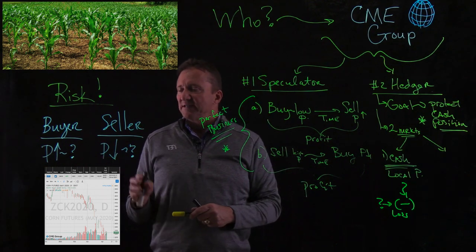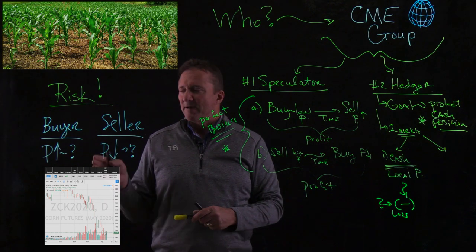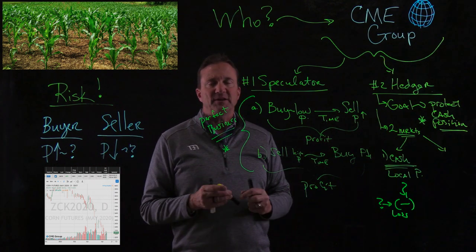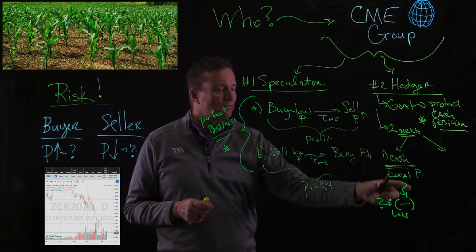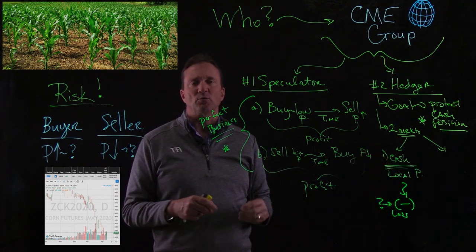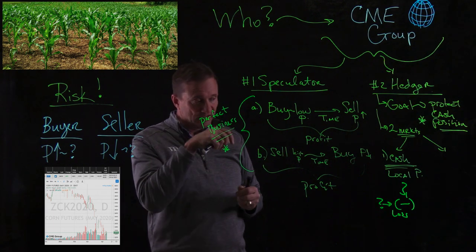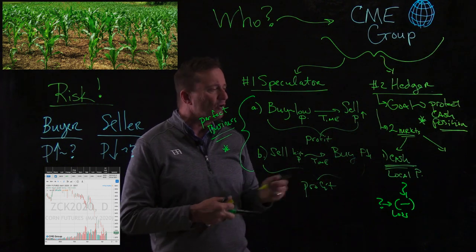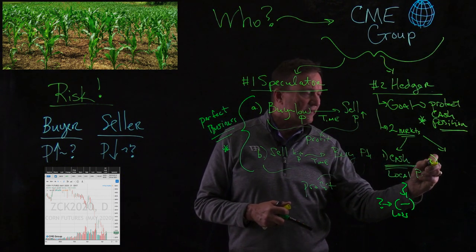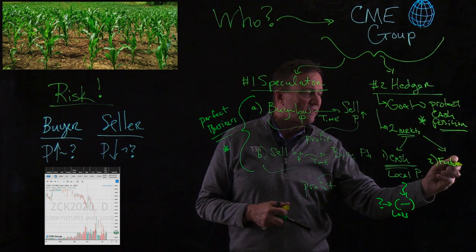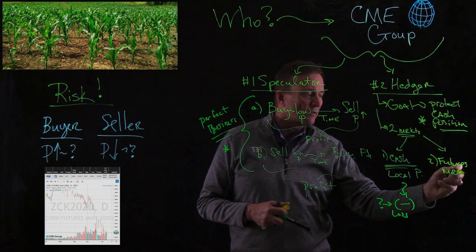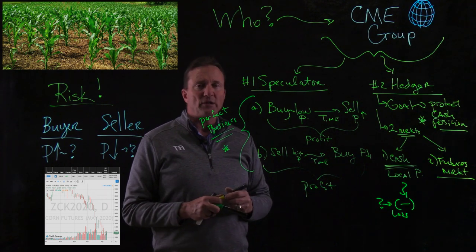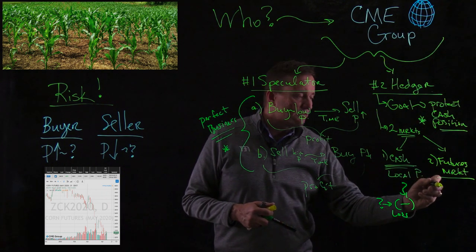That's their risk. Sellers are worried about the price going down. Buyers are worried about the price going up. So really a hedger could be either one of these. But they're in one market called the cash market, and their worry is that market will cause them to lose money. So how do they offset this risk? That's really what their goal is with futures: they come in and get involved also in the futures market. And when they get involved in this futures market, their goal is to take the opposite position.